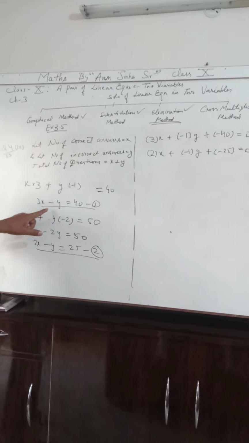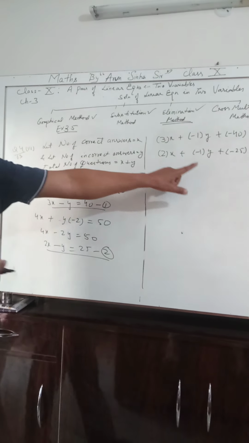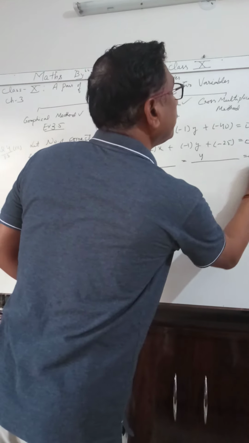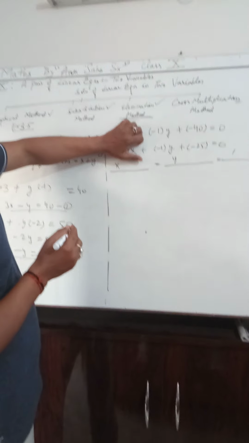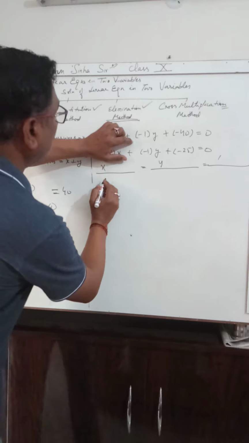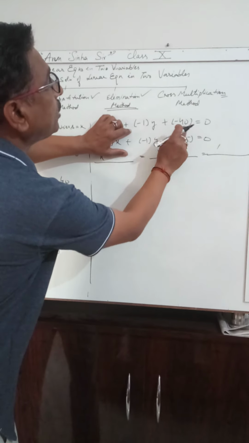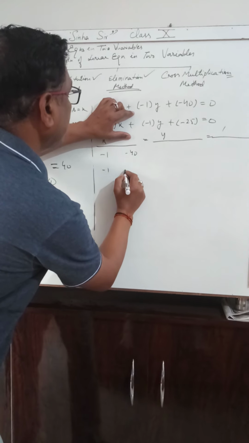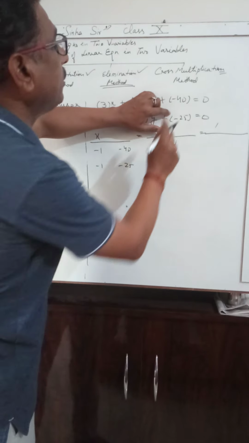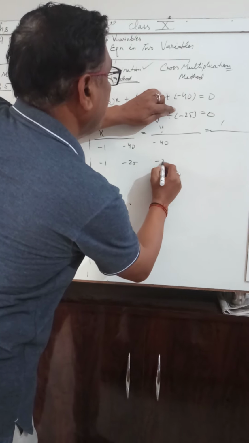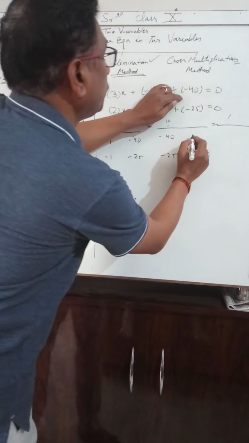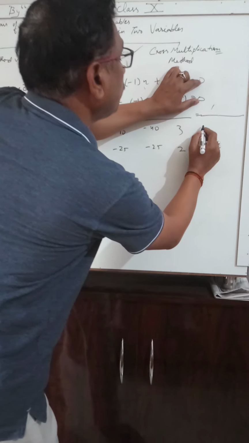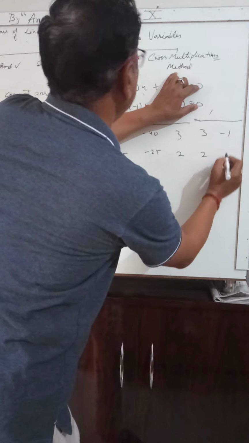Now you can see the two equations. Okay children, now we have put them in the standard form. Now we will directly apply the method. To get the value of x, hide this term and just write the proper way. So this is your b1, b2, c1, c2: minus 1, minus 1, minus 40, minus 25. Now to get the value of y, write minus 40, minus 25, and this side 3 and 2. To get the constant term, just hide it, you will get 3, 2, minus 1, minus 1.